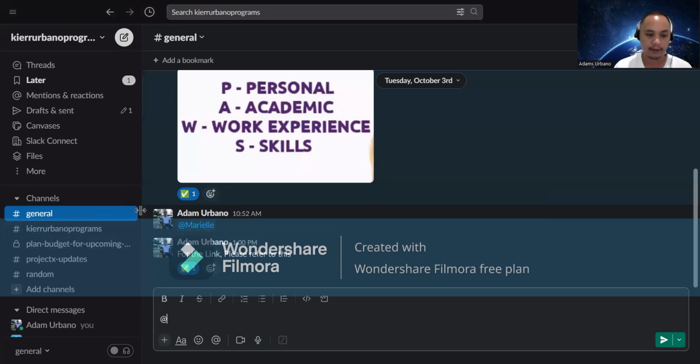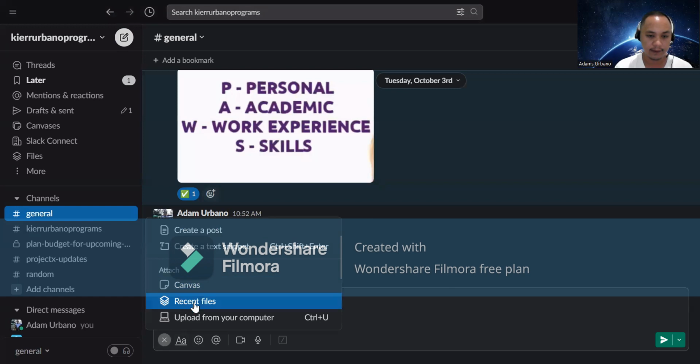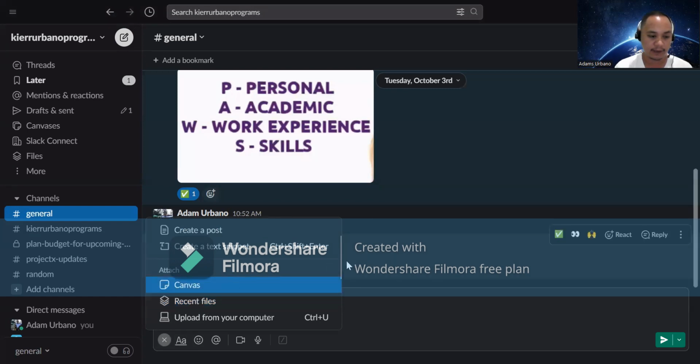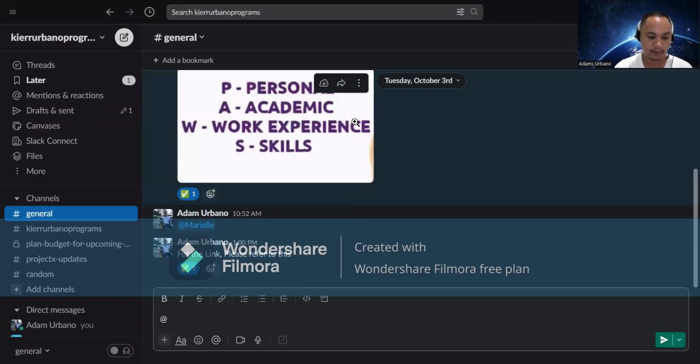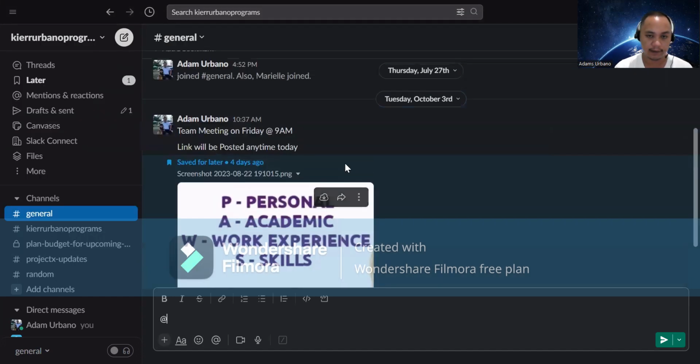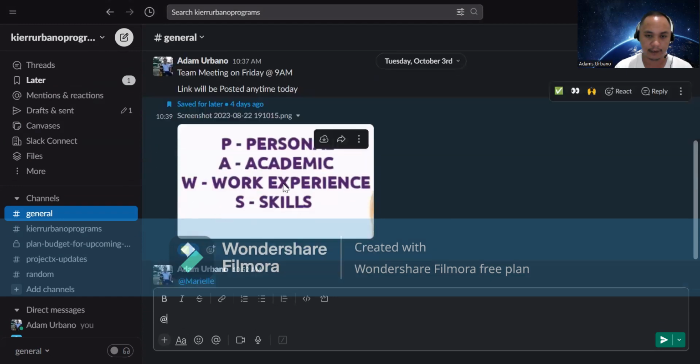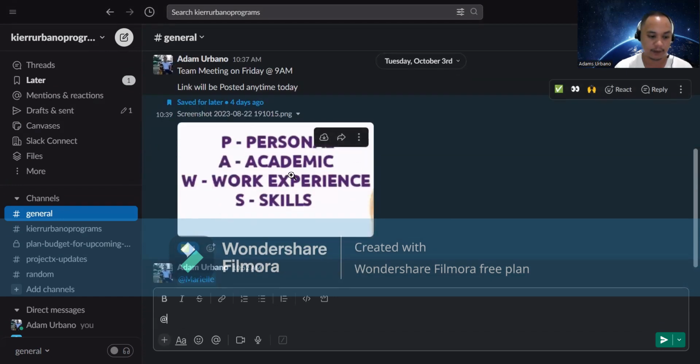Once you are in the general channel, you can navigate your mouse to the plus sign here at the lower left part of your screen to upload attachments directly from your files. Let's say, for example, I'm going to upload this picture. There, as you can see, I have uploaded a picture 4 days ago from my computer.